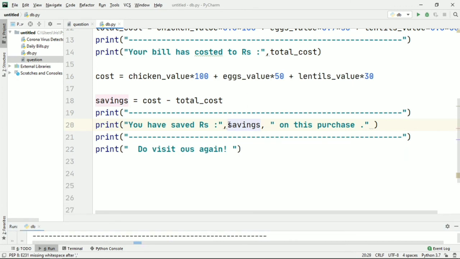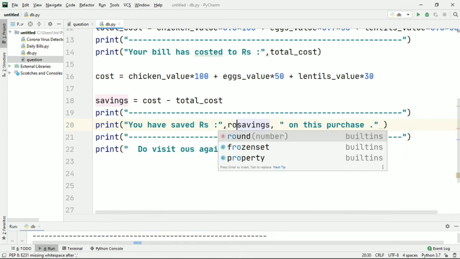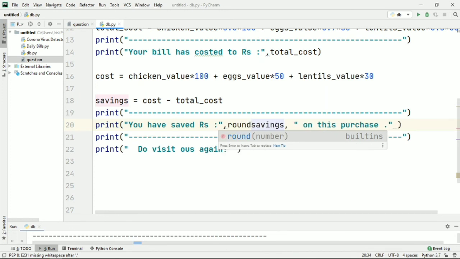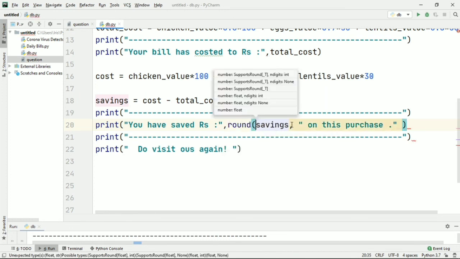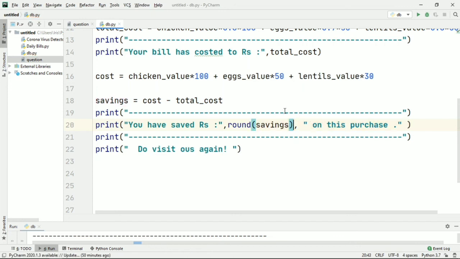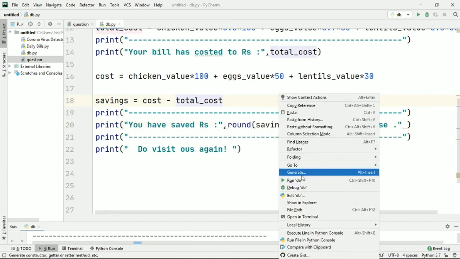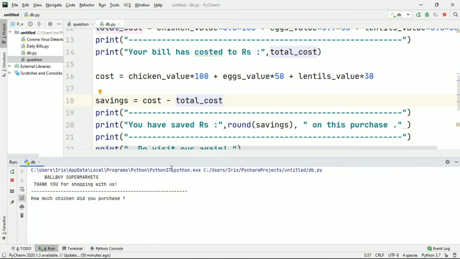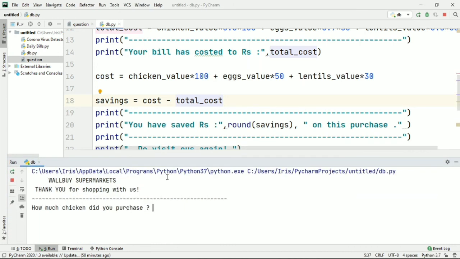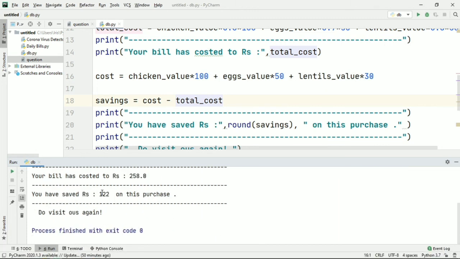So I put round and my savings. The next time I print it, let me put my values. Here you see the previous time there was 0.0, this time just the rounded value was obtained. This way your appearance also could be better, and it's easier for the consumer to see such a number instead of a big number with 5 to 6 decimal places.